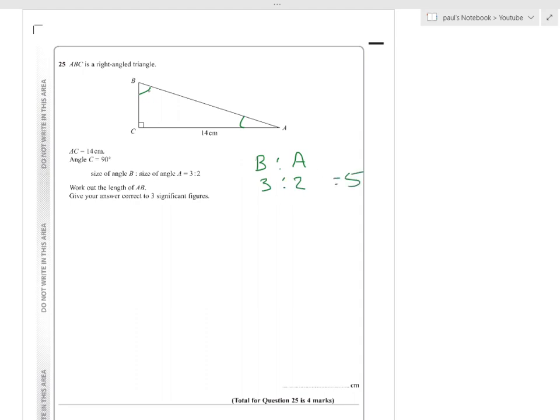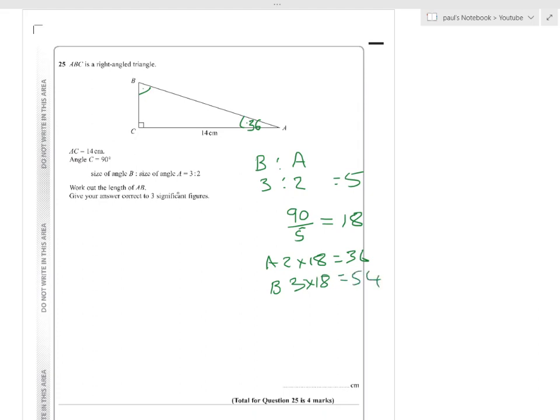Now if that's a right angle, these two must be 90 degrees between them, because everything adds up to 180. So if we do 90 divided by 5, which is 18, A must be 2 times 18, which equals 36, and B is 3 times 18, which equals